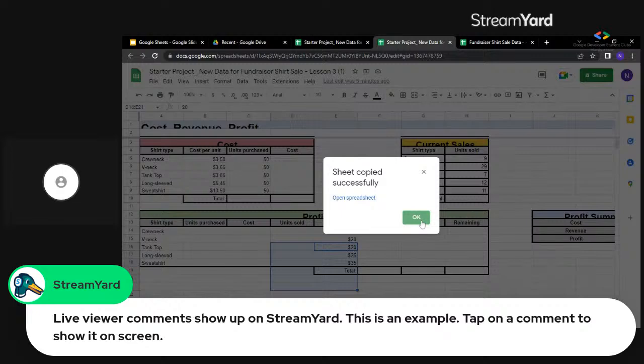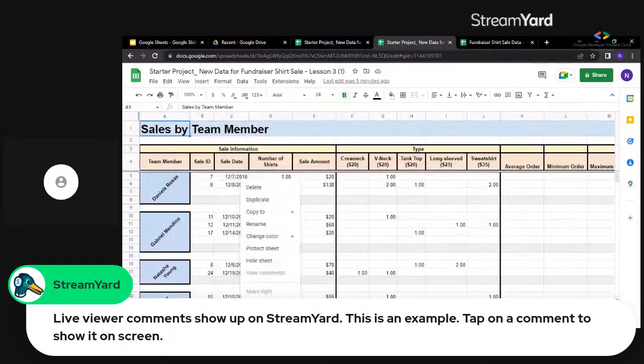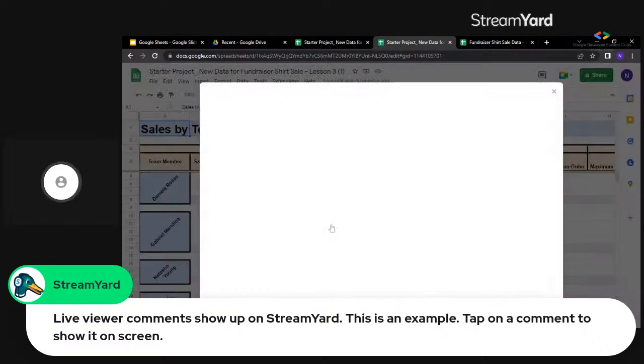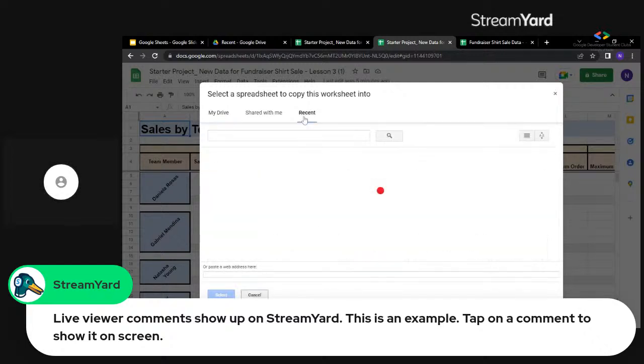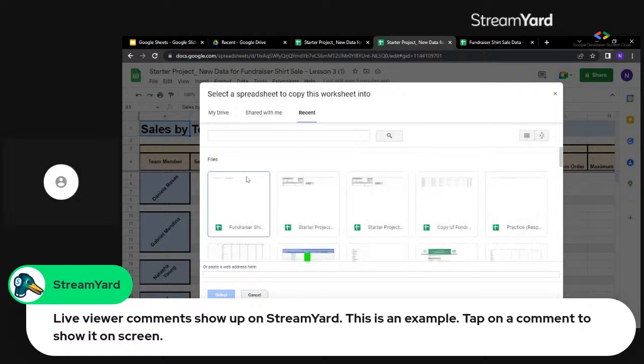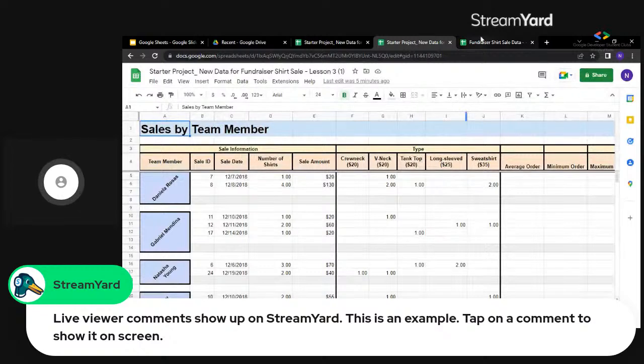Now I'm going to be copying the other one too, because we are going to be using the two files. So once I click on this, copy to existing spreadsheet, it's going to show all my spreadsheets that I've used in my drive, because it is automatically saved there. So I'll press recent and also pick my fundraiser shirt data. So select it. So sheet copied successfully. So now if you come back here, you can see that